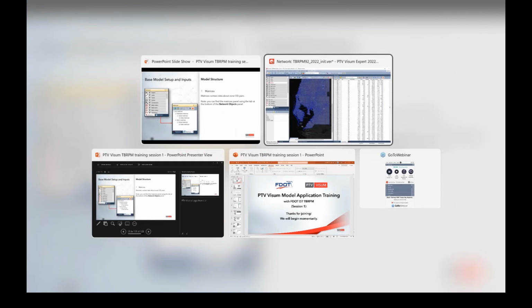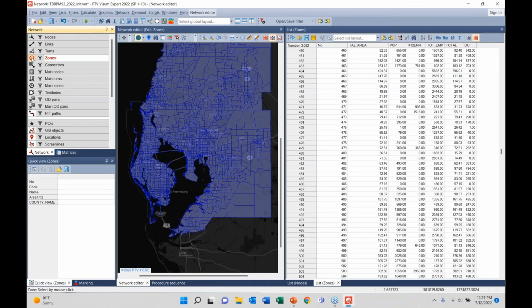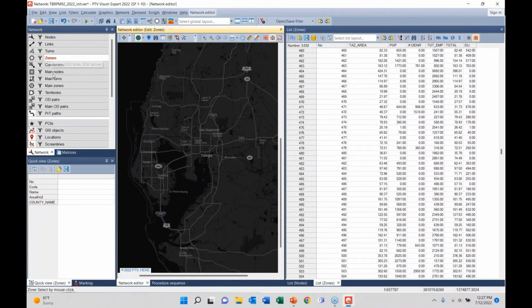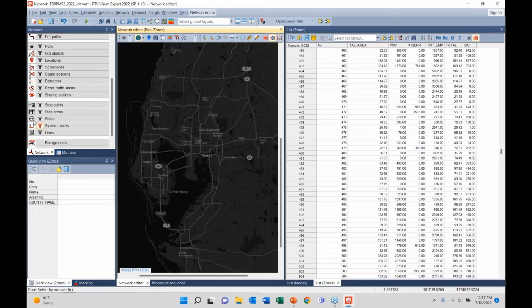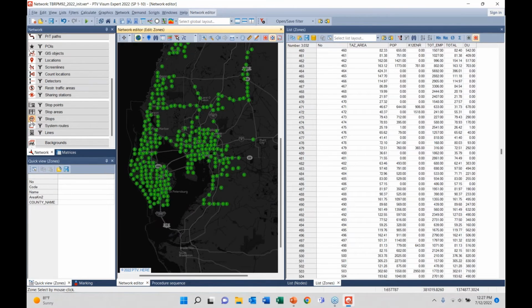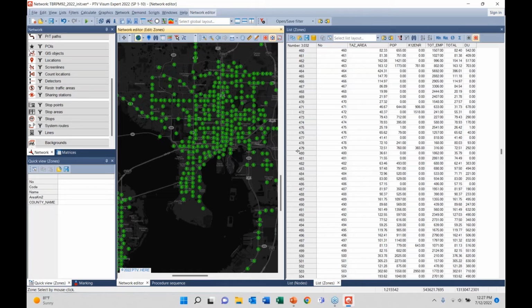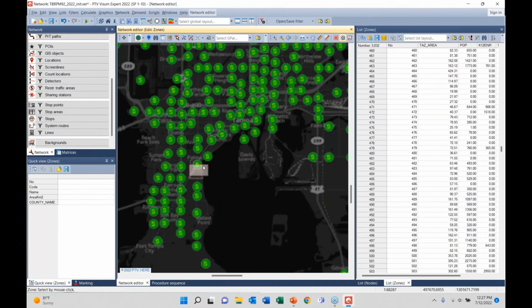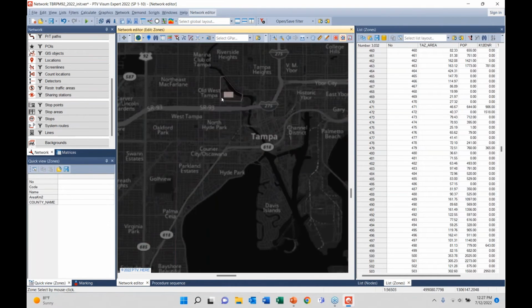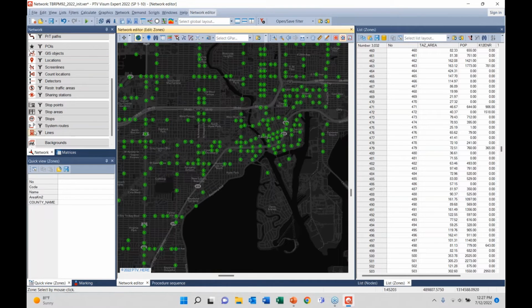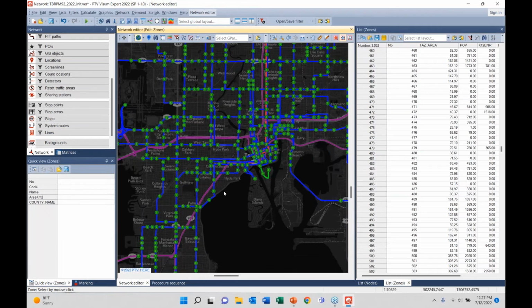Okay, so let me jump over into Visum. I'm going to turn off the zone structure and I'm going to scroll down until we find the stops. I'm going to activate the stops. Now, we've already brought in the public transit data. So we have the public transit stops here, and then we also have the public transit lines. So you can see the various lines that are servicing the different stops. If you select the lines,